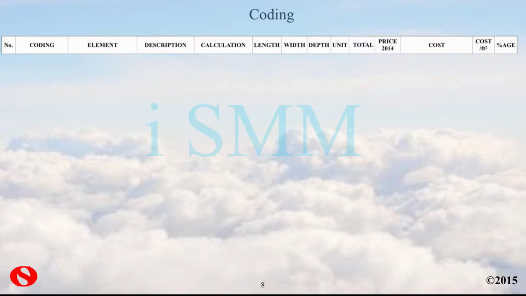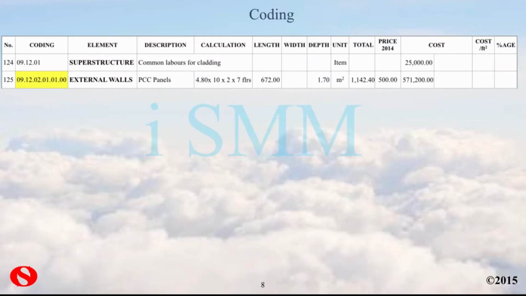So that brings the example up on the master measurement. Here it is, 09.12.02.01.05.00. We're talking about item number 25 in the master schedule, 125. There's the code, there's the element that we're talking about. Here's the description, precast concrete panels, with the calculations as appropriate in this column, the length, width and depth, and the unit that we're measuring in, which should be square meters, and we're talking about 1100 square meters and a